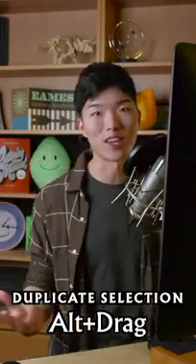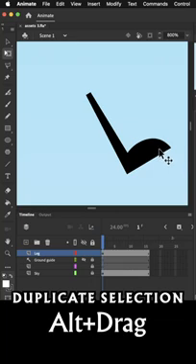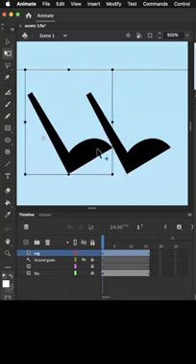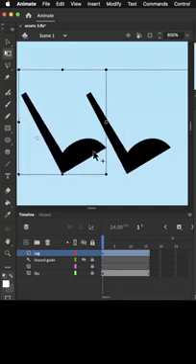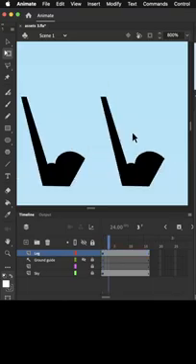One trick I recommend for duplicating something as fast as possible, even faster than hitting Command C and Command V, is to hold Alt while dragging. So I've moved the playhead back to frame 1, and while holding Alt, I'm going to drag our walk cycle symbol. In fact, let's hold Shift too, to lock the dragging to just a horizontal motion, and we'll let go of the mouse. So the legs are spread apart like this. And if we play it,